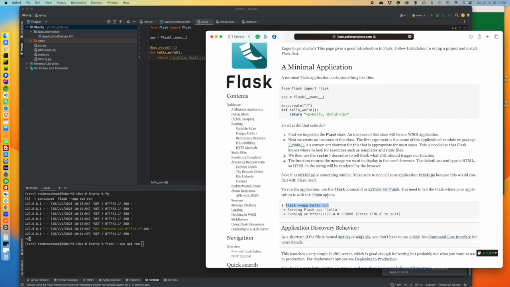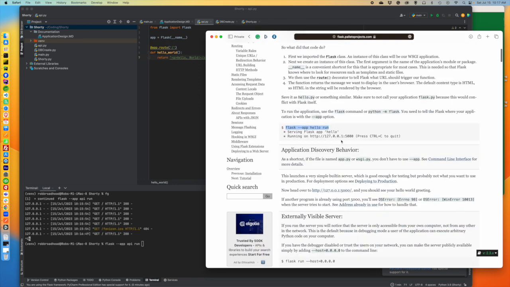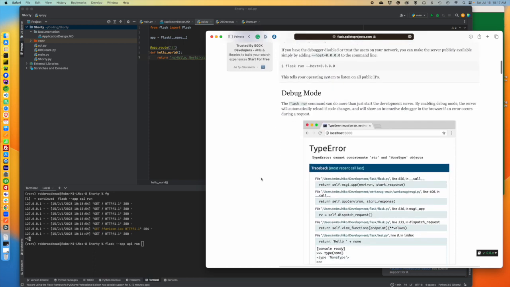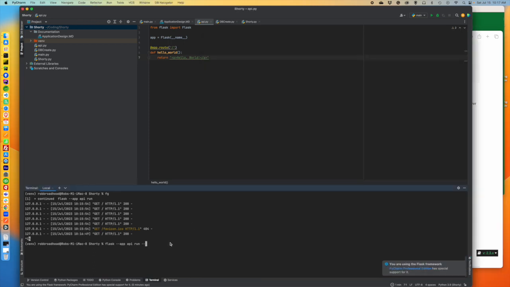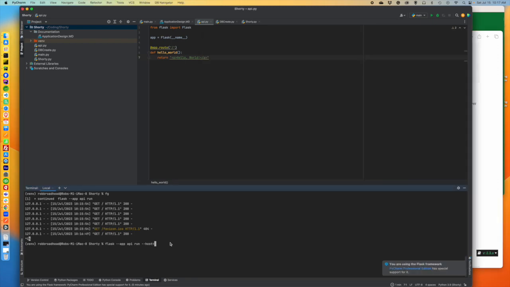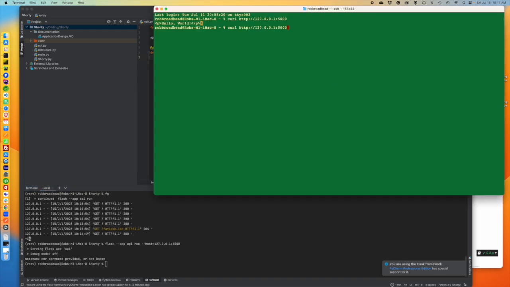Here, I can come in and tell it what port to run on. Like here, dash host. So I could do dash host, and I think it's just equals 127.0.0.1, and I'm going to run it on, let's run it on port 6500. Boom. And then if I come over here,